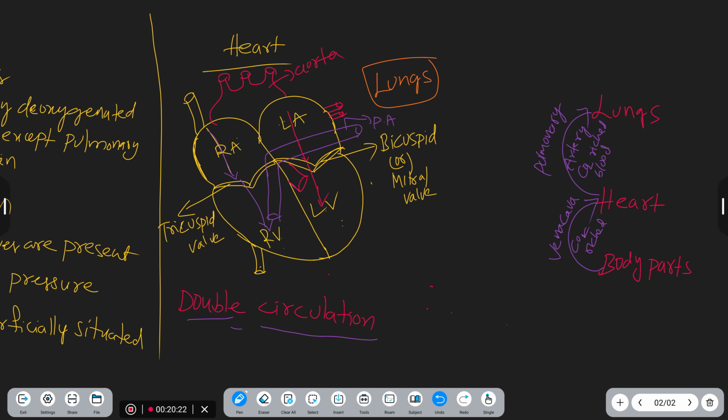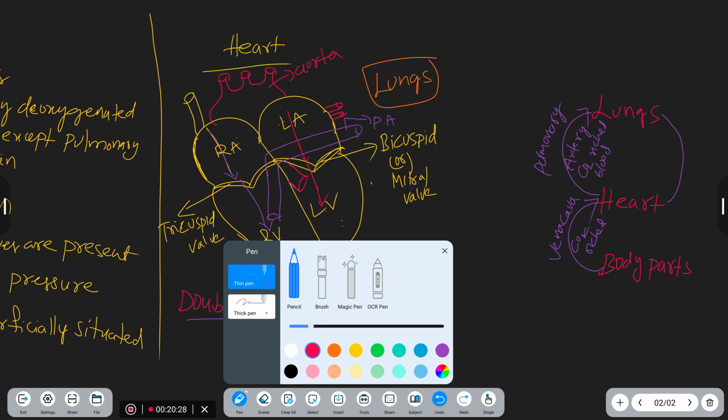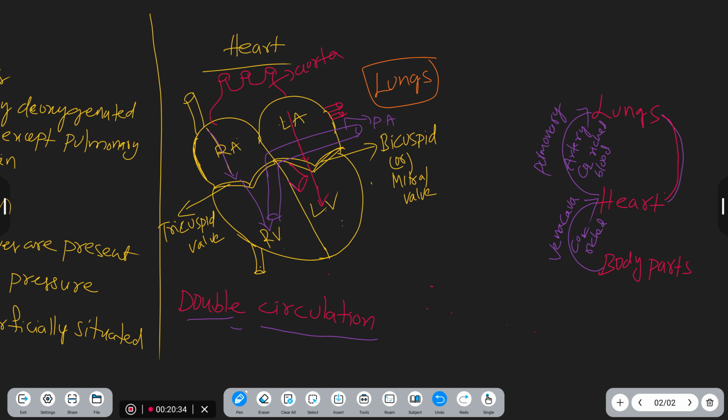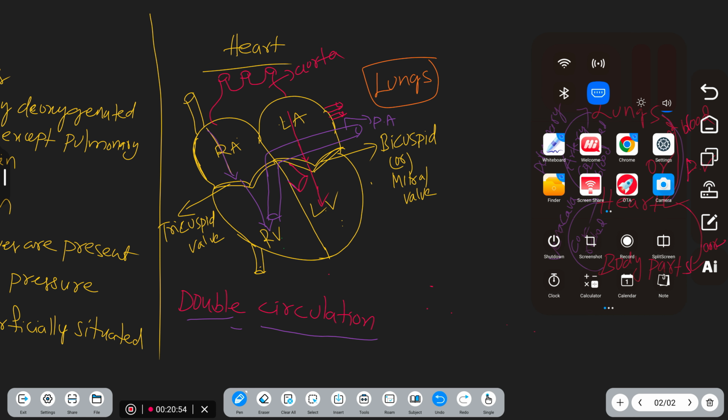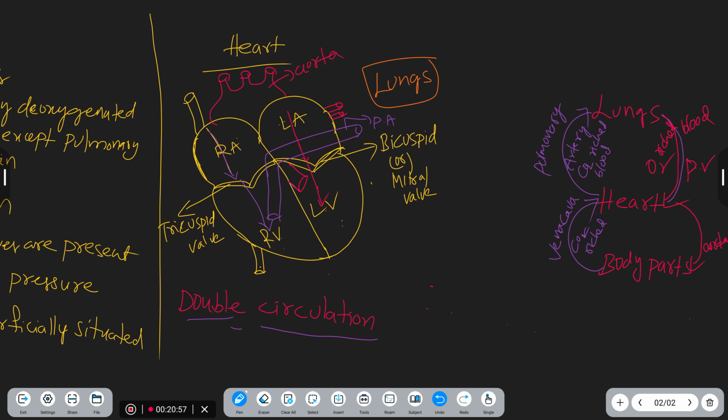So now from the lungs, oxygenated blood is taken by which blood vessel? Pulmonary. Okay. So from the lungs to the heart, the pulmonary veins. So this is O2 rich blood. Understood? So now from the heart to body parts, aorta. So this is also O2 rich blood. Understood? So now the double circulation includes